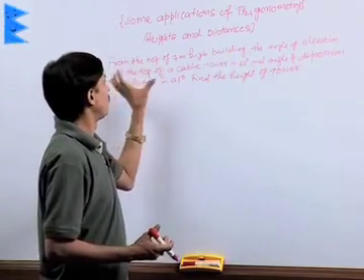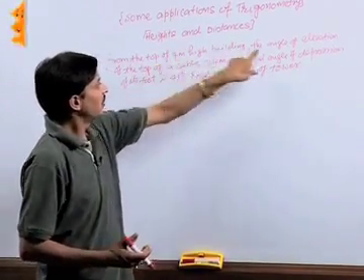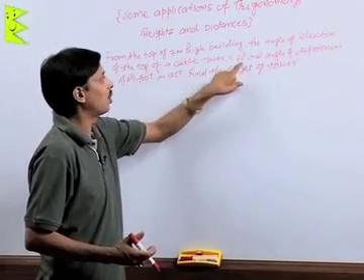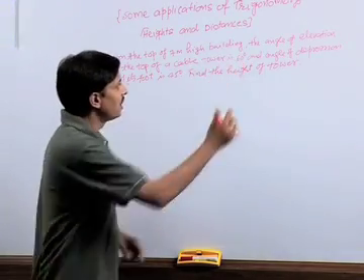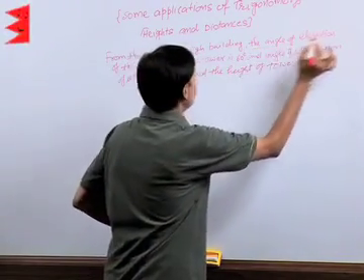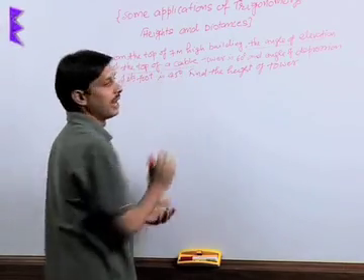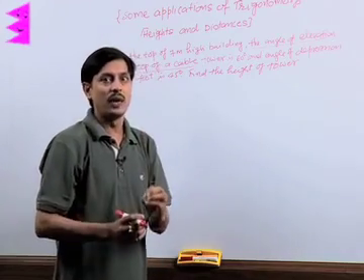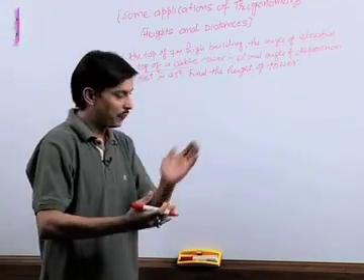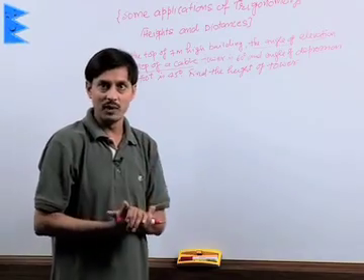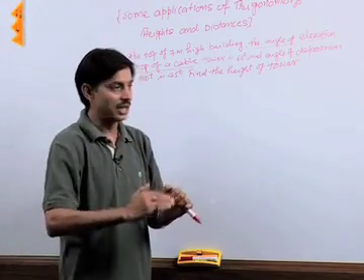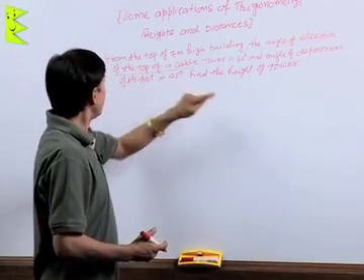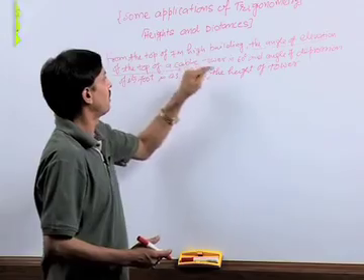From the top of this building, the angle of elevation of the top of the cable tower is 60 degree. Now from this line we must be very clear which object is higher. As we have told you, when we observe from lower to higher, an angle of elevation forms, and whenever we see from upper to lower, an angle of depression is made. So here it is clear: from the top of the 7 meter high building.